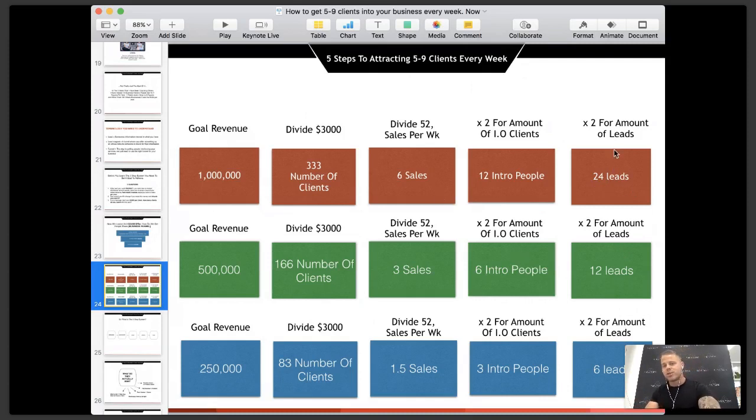Because then you can look at this. The process, we start to focus on the process. It's like, okay, if I'm not converting at 50%, I can go, okay, I need to work on my sales skills. If I'm not working at 50%, I need to work on my outcome offer, what I'm actually selling here. Because if we focus on this first, this is our first problem, then we can start focusing on the other ones. And that's such a crucial aspect. So 6 per week, very doable.